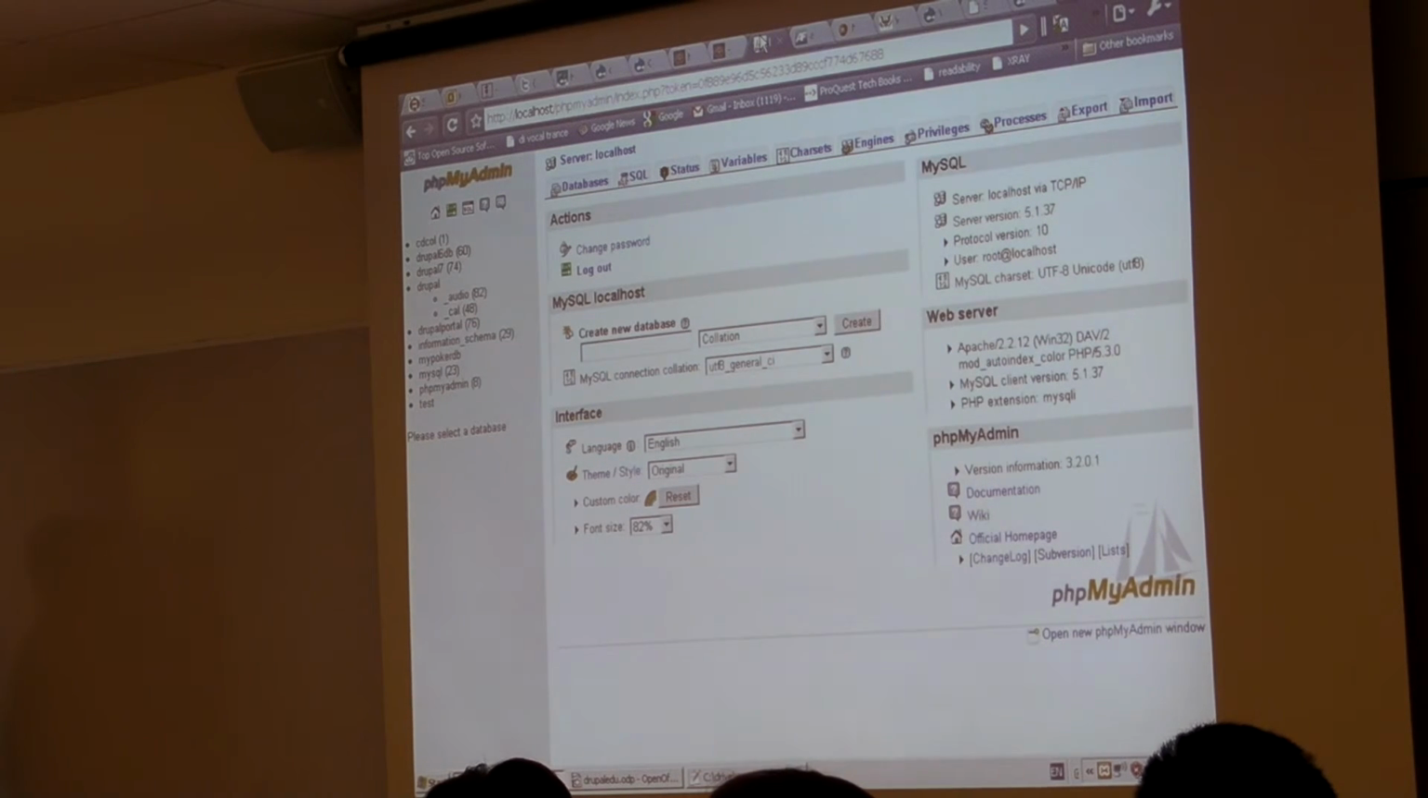Otherwise, you'd have to go to the command line, type mysql -u root, and do all these fancy commands. But here, you just enter your password, and you jump right in. And you can see I have a bunch of Drupal databases. And if you were going to make one, all you would have to do is, it's probably going to ask me to log in again, but you would go to privileges,